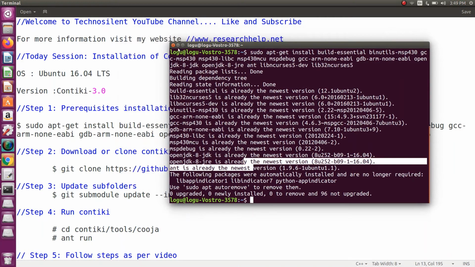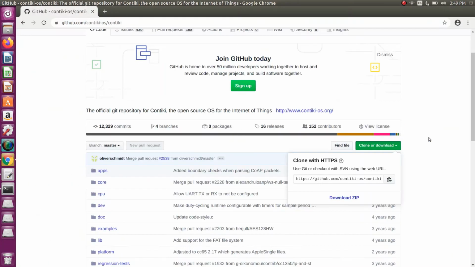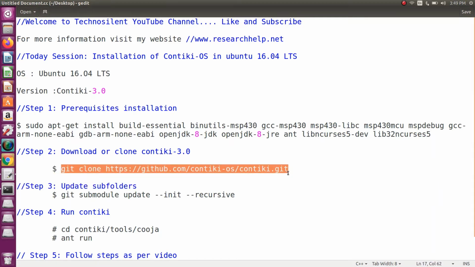Then next we need to download the Contiki OS. So just copy this link again. Then you have to use the git command. This is our second step: download or clone Contiki 3.0 or Contiki OS. Just copy and paste.